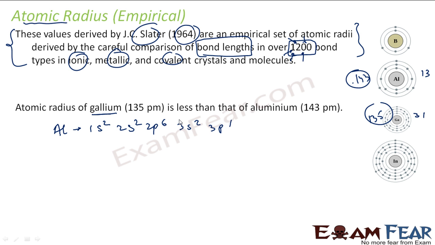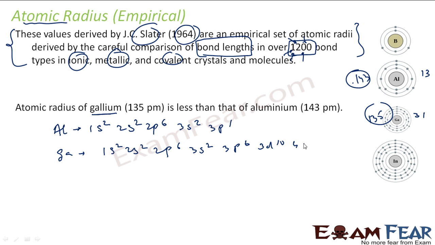Let's write for gallium: 1s2, 2s2, 2p6, 3s2, 3p6,